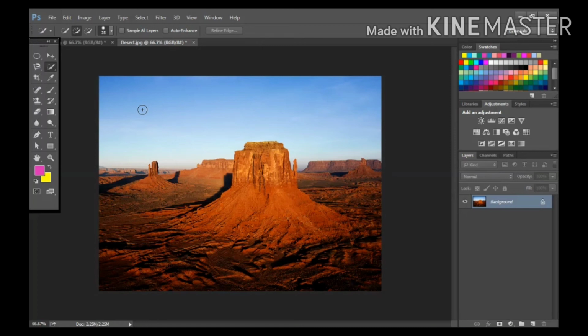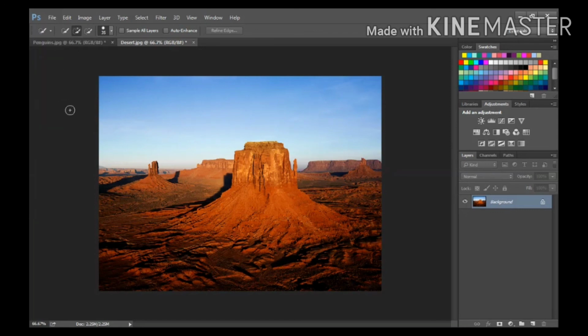This is the brush size. If you want to decrease the brush size, select the left bracket. The brush size is decreasing now. If you want to increase the brush size, click on the right bracket. Like this you can change the brush size.